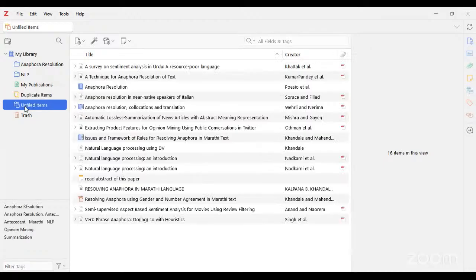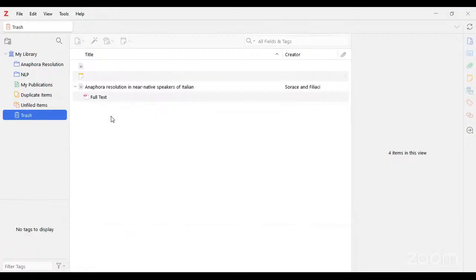After that, Unfiled Items means papers which are not included into your library. After that, in Trash, you can see the deleted papers. In the middle section, you see whatever papers you included in your library. After that, in the right hand side, you can see some options.